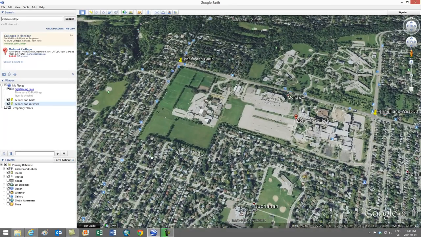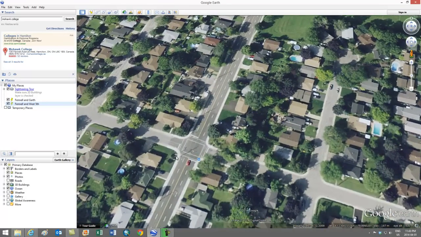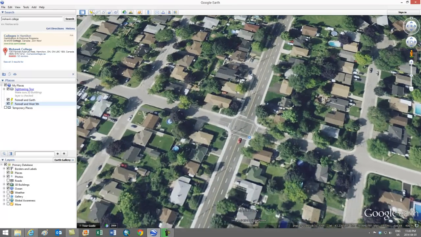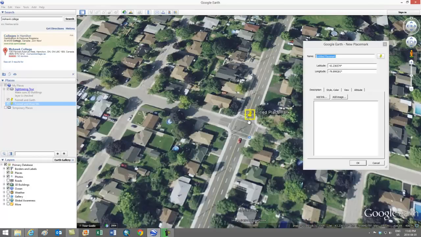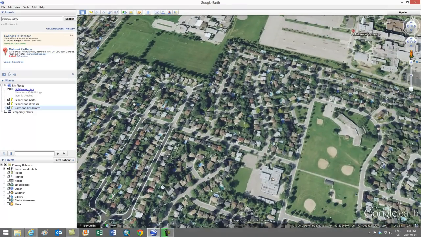The other location that I'm going to do is at Garth and Bendemeer. So zooming into this location right here, add a placemark and move it approximately to the center of the intersection. And type in Garth and Bendemeer. Click on OK. The last intersection that I'm going to do